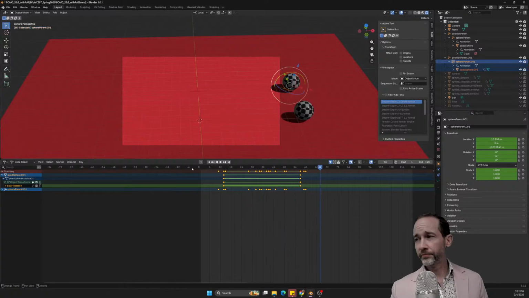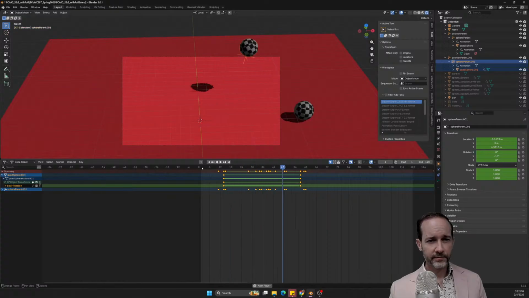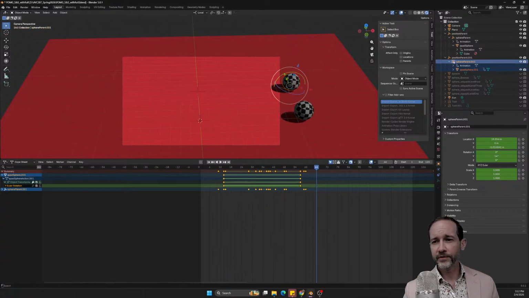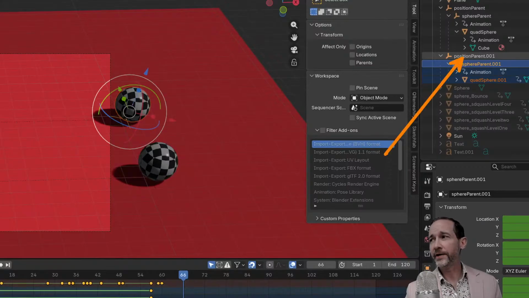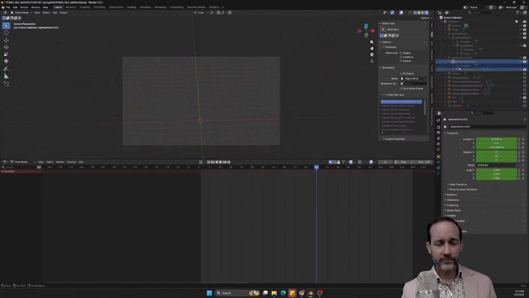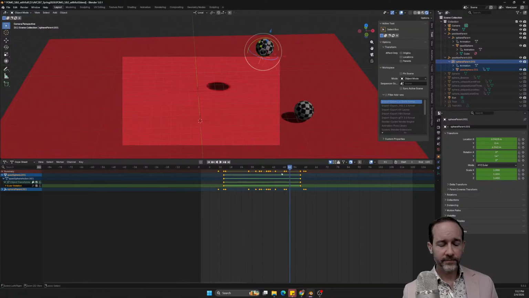All right, we got our sort of mid-ground ball, our foreground, our background ball. Right, so you'll be able to get away with this to some extent, depending on how far you move something, and you can even create a third one if you want, right? So creating this parent allows me to then move the whole system somewhere else, right? Because the keyframes are relative to the parent.